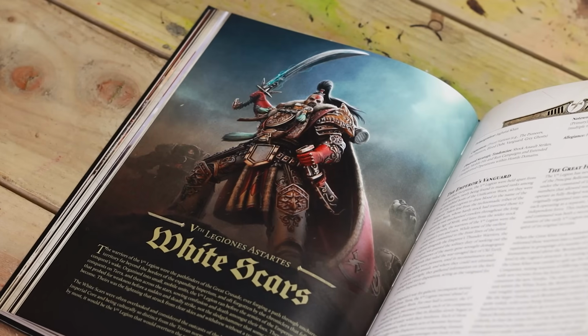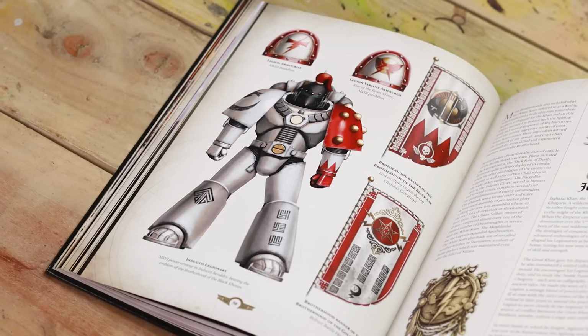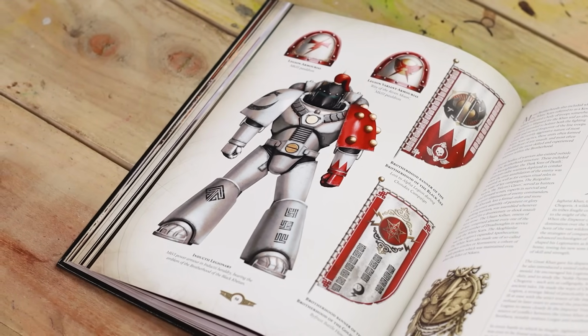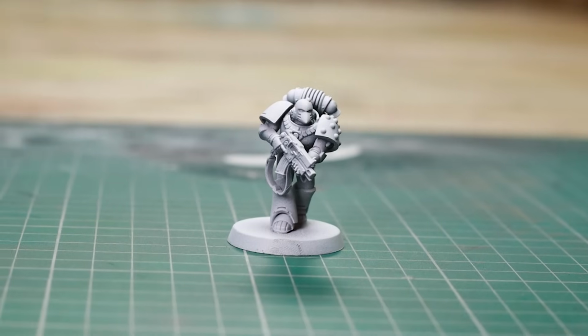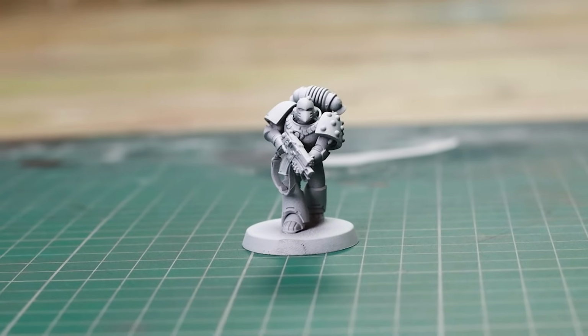Led by Jagati Khan, the White Scars embrace speed, freedom and ferocity, favouring fast-moving strikes and hit-and-run warfare. Is it Jagati Khan? Jagatai Khan? Anyway, moving on. We started off priming this with grey and white rattle cans to give it a zenithal effect,